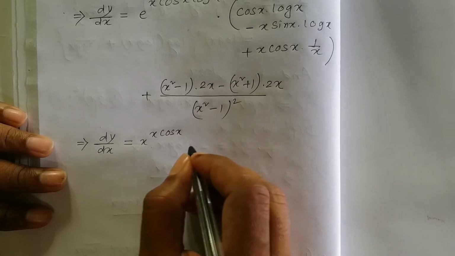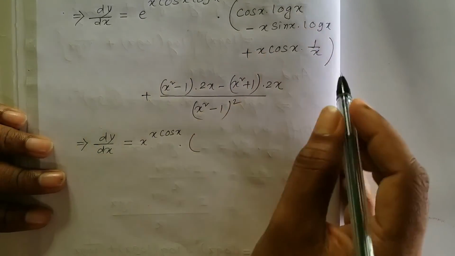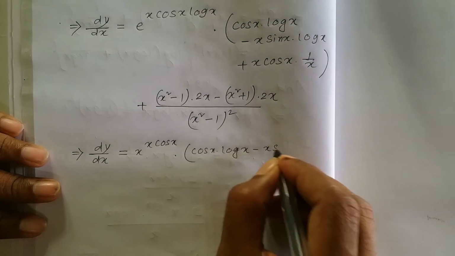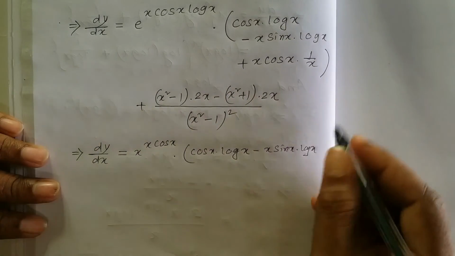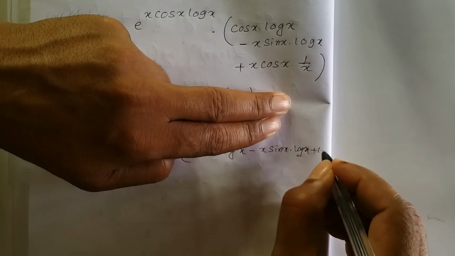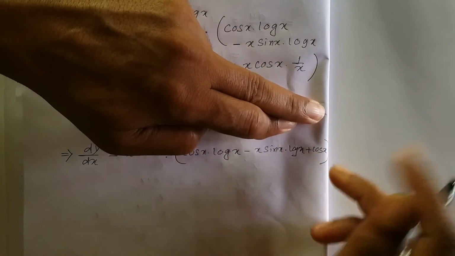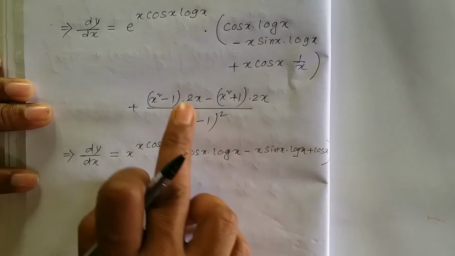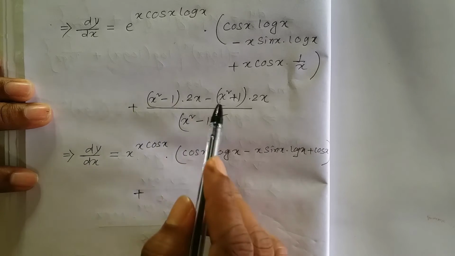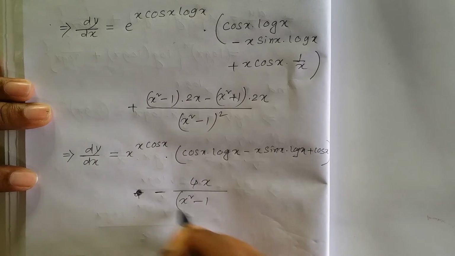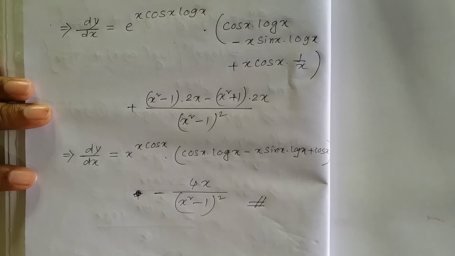x cos x and then not plus but into this term: cos x into log x, cos x into log x remaining the same, minus x sin x log x, the x is cancelled so it is simply plus cos x, so by 2 plus cos x. Did you see, plus cos x: x sin x log x plus cos x. And one more term: plus twice x cube cancels, minus twice x and minus twice x, so it is minus 4x divided by x square minus 1 whole square. So you leave the answer here. This is a very nice question, and try it in the u plus v format too. Do this, and if there is any confusion, ask me.